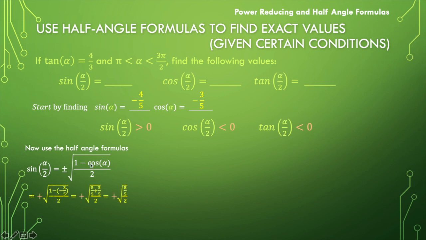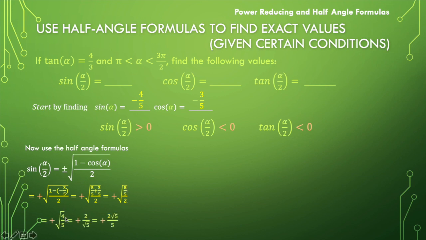Let's take a look at what that looks like. Positive square root of 1 minus -3/5 all over 2. Well, this is really 1 plus 3/5, right? And let's make a common denominator of 5/5 plus 3/5. This is going to give us 8/5 in the numerator over 2, or half of 8/5, which is going to